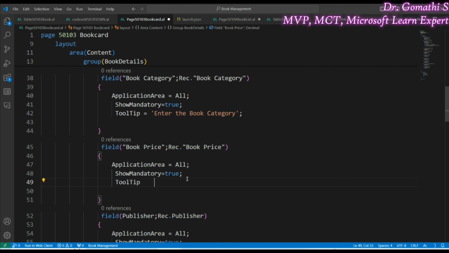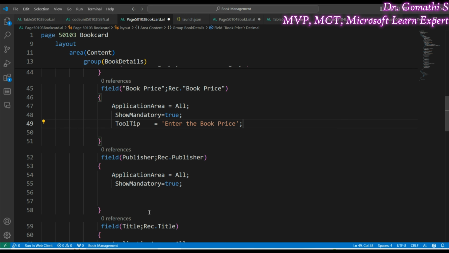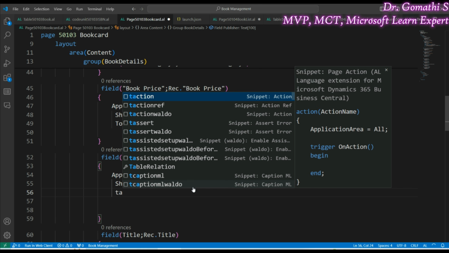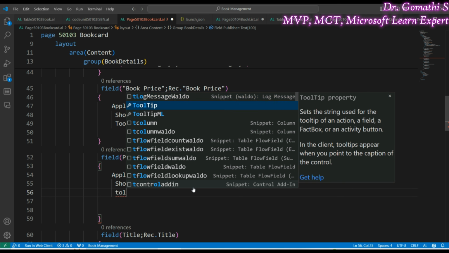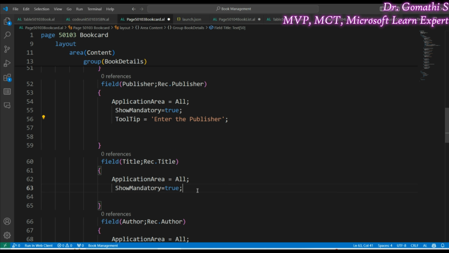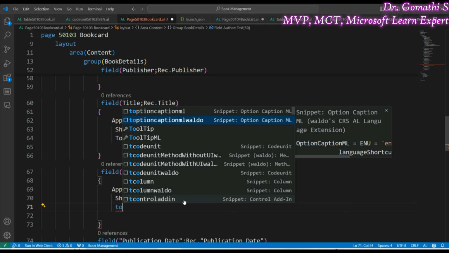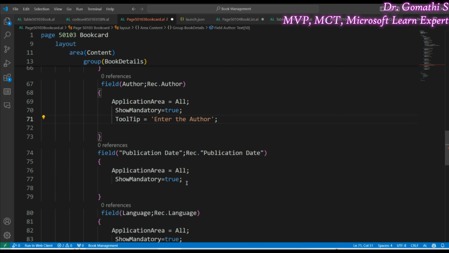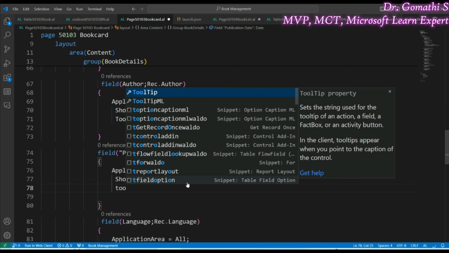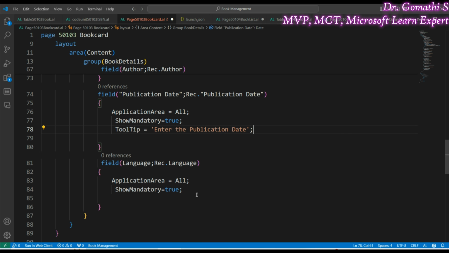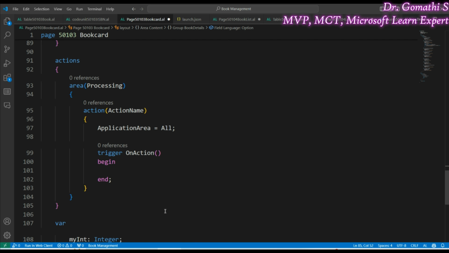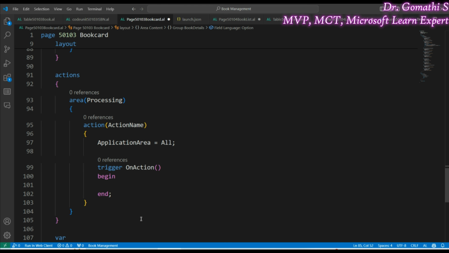You can just type tooltip. So far we have completed two tables, one code unit, and one page. Now we have to create a card page for the lending table, and we have to create a list page for both. Why should I create a list page? Because if you want to see the consolidated entry of anything, you have to create a list page. I'm not going to perform any action here,